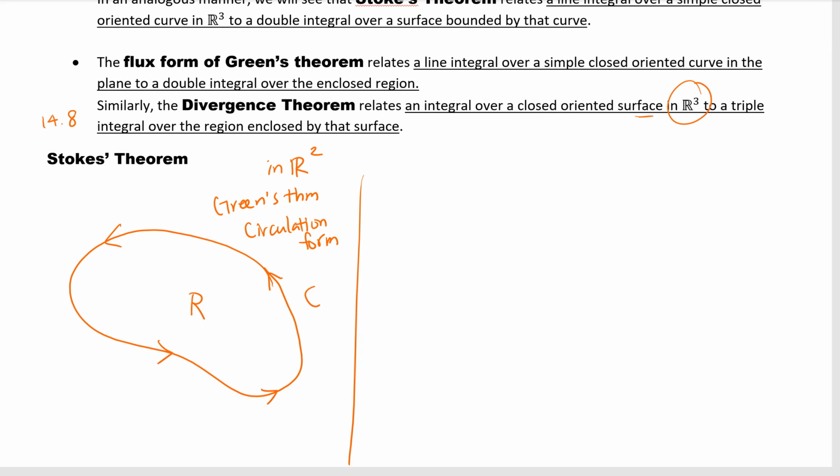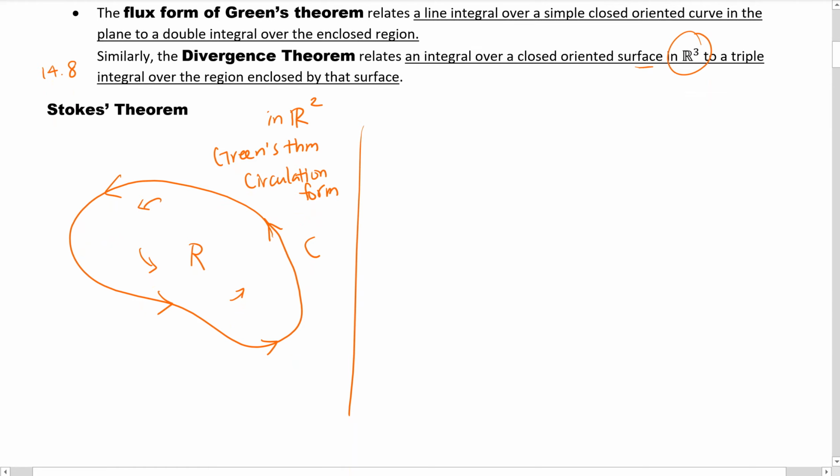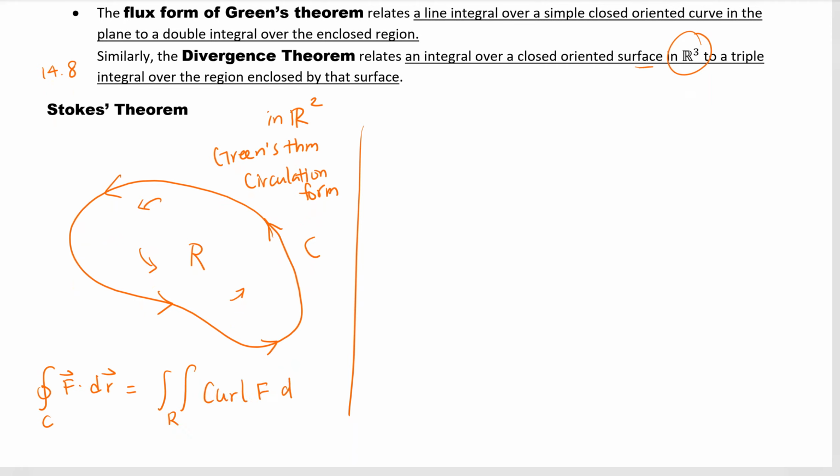And we want to measure how much the vector field is going along C, in the direction of C. So we measure the rotation, that is the curl. So we have the line integral over C of F dot dr equals the double integral over the region R of curl of F